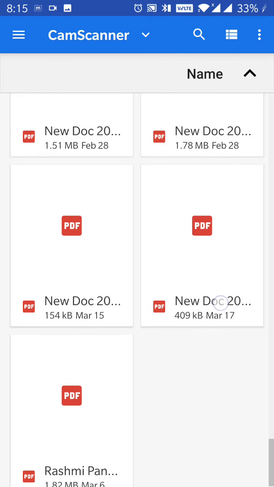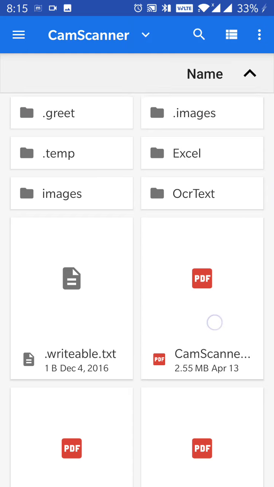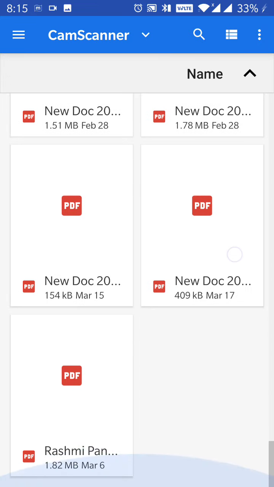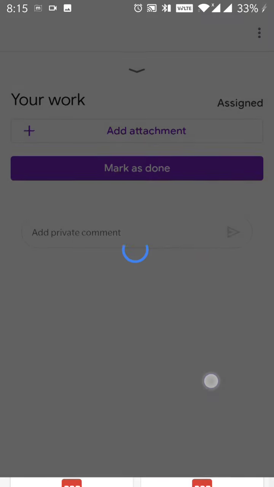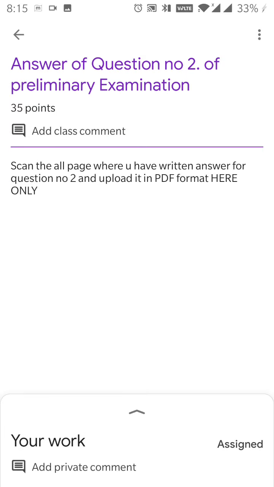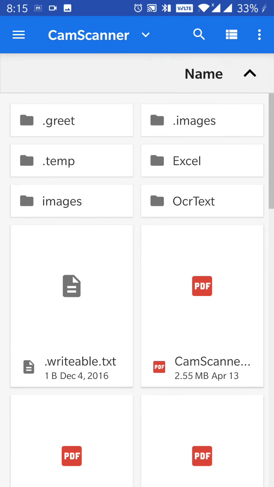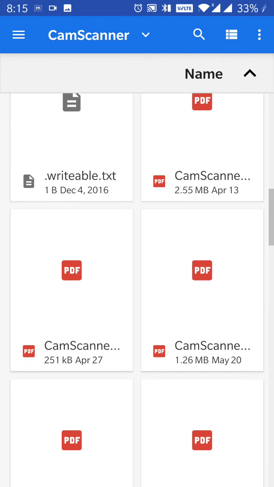For example, click add attachment, file, go to the CamScanner and look for your file.